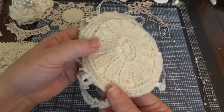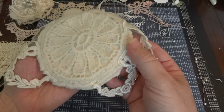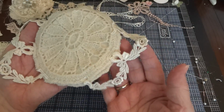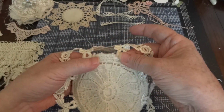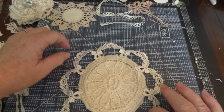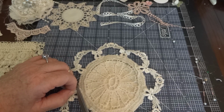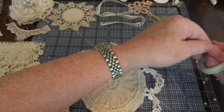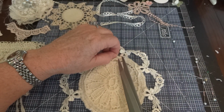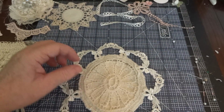There, okay. So now, when it's all finished, this will hang all around. And I know when Jean did hers, she used a fuller trim, and I did try to look for a trim that would hang. I didn't want to copy, but when I came across this, it's actually a beautiful trim that Trisha, Little Shabby Chic, had sent me